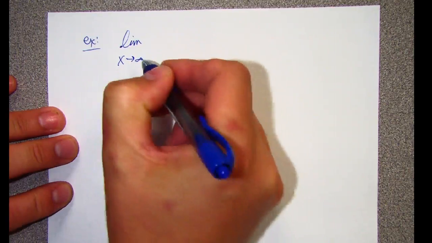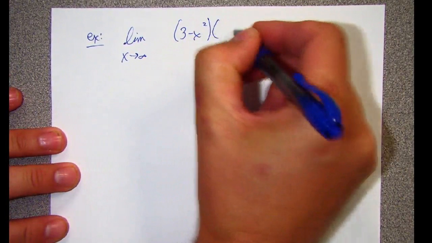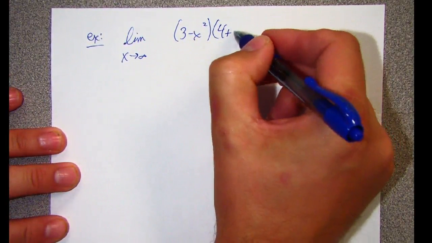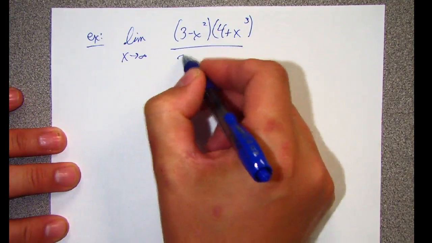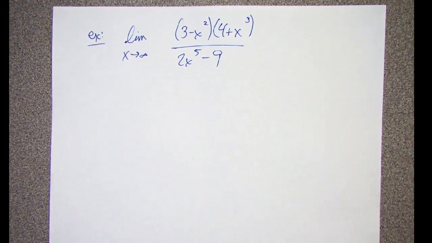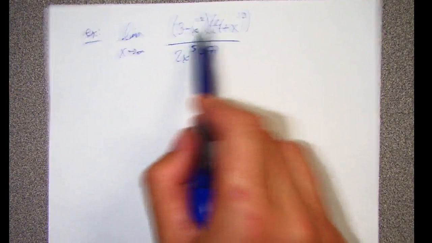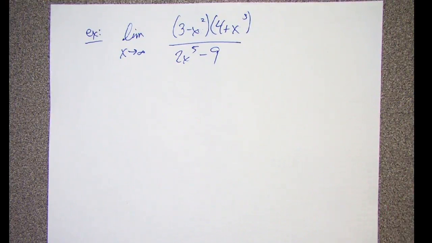Limit as x approaches infinity of, let's say, (3 minus x squared) over 4 times (4 plus x to the third) over 2x to the fifth minus 9. So if you look at it now, you can't compare the highest powers yet because this is not in its simplified form. So I'm going to say we need to simplify it, but we don't really need to simplify the